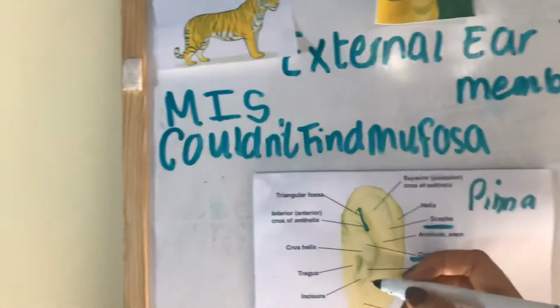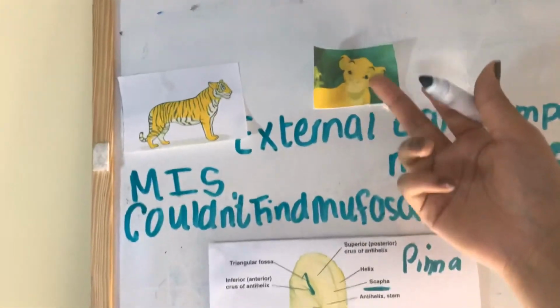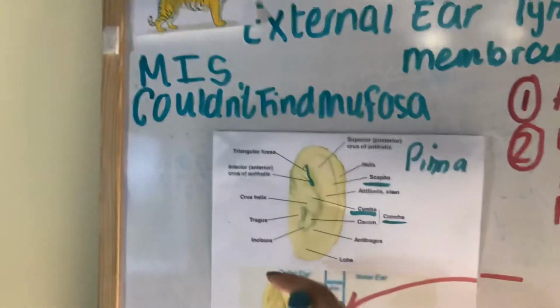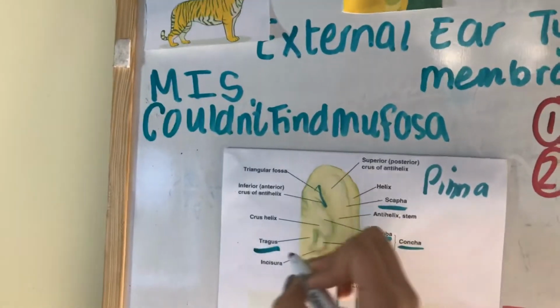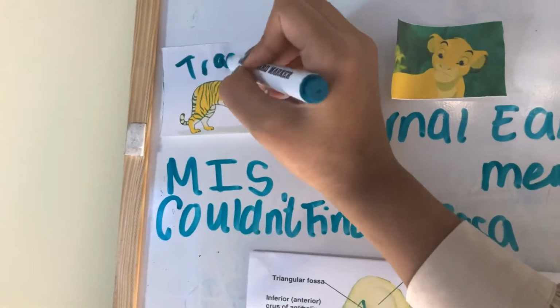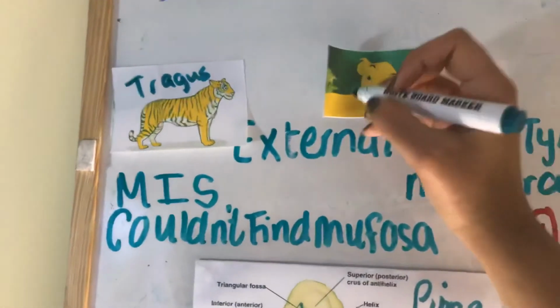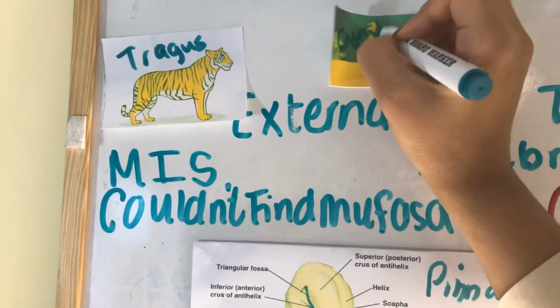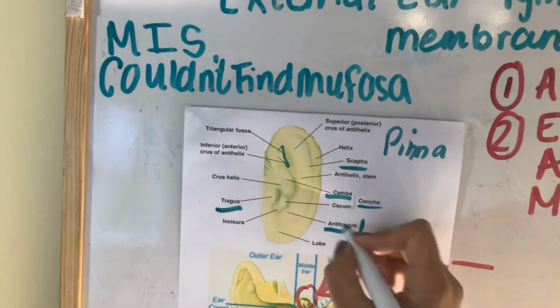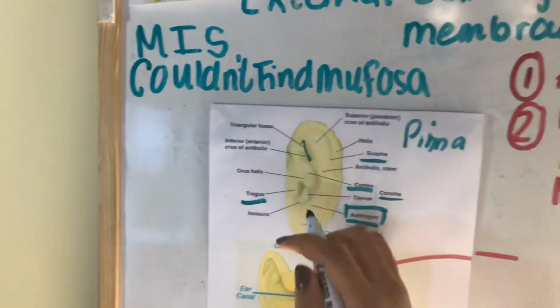So you have Simba and he's stuck. I talked about how that's the memory cue. Simba is stuck in the jungle, and he's in between the tigers, and the tiger represents the tragus. And Simba represents Simba, and he's stuck between the tigers and the anti-tigers, the antitragus, and he wants